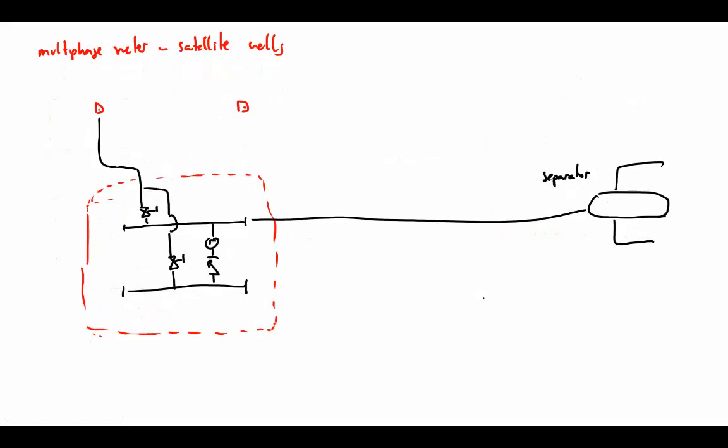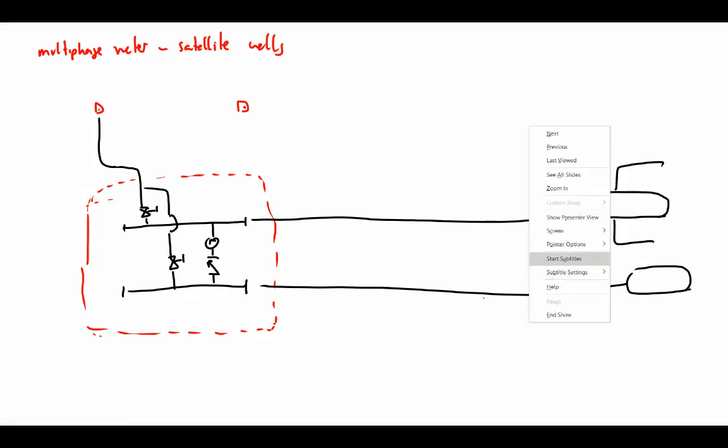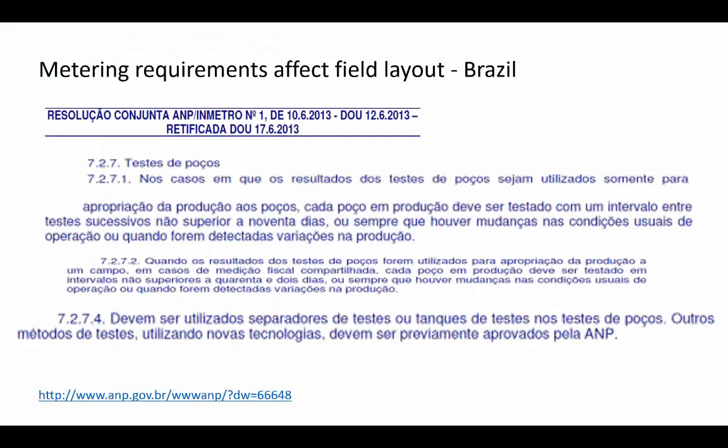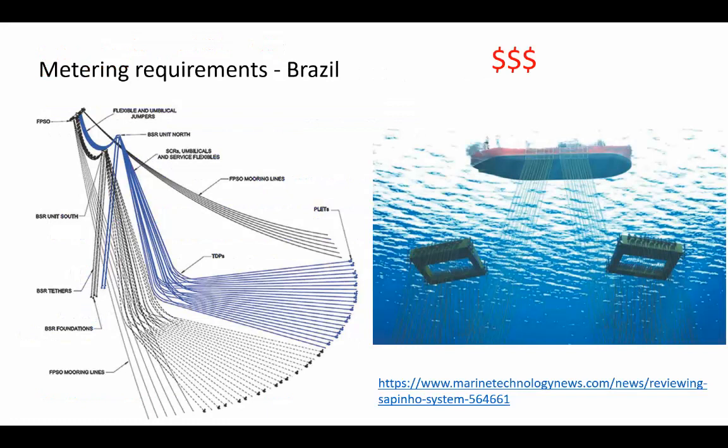So that means that essentially you need to have either two lines, or each well must have its separate line to be able to reach the test separator. Maybe I should remove this from here because I don't want to spoil this drawing. Like in this case